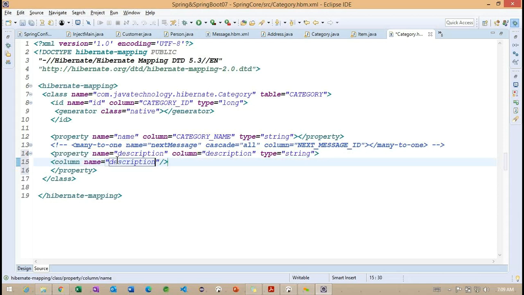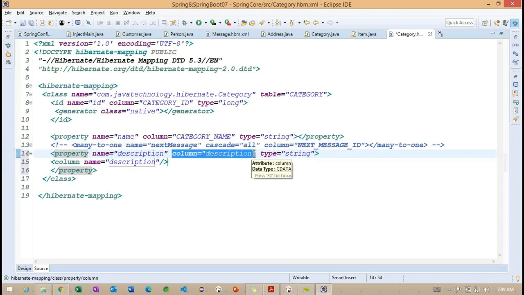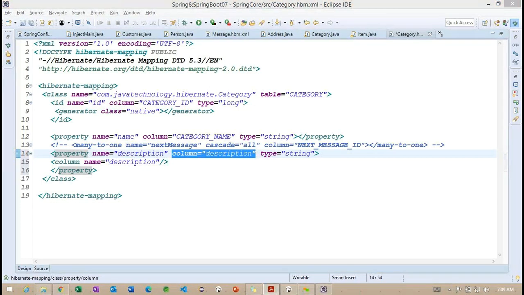With the column element, if we want to make any additional changes, we can. With the column attribute, we don't have that much scope. So this is one more way to define the description property information.